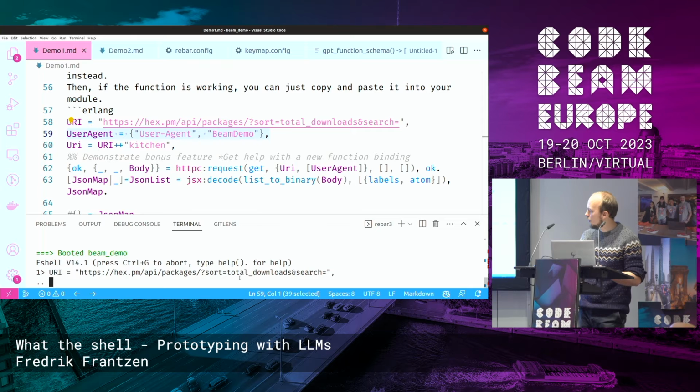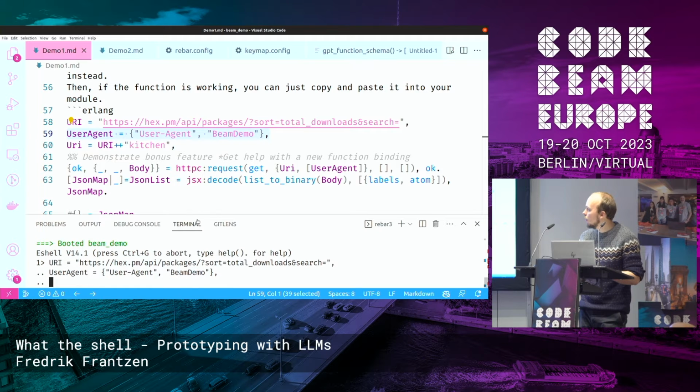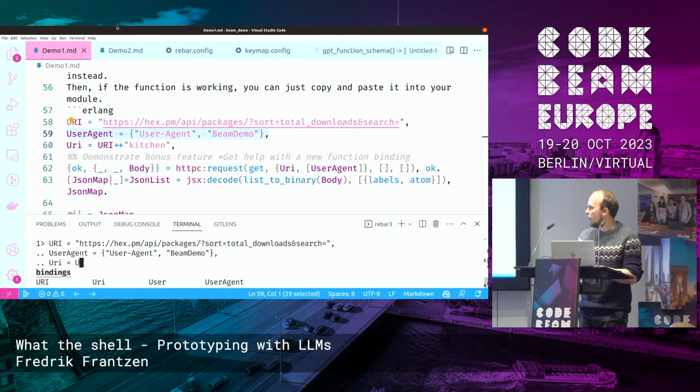Okay, why isn't it pasting? All right. There we go. And then here we can see that it tries to complete some bindings for me. For some reason, that's correct.